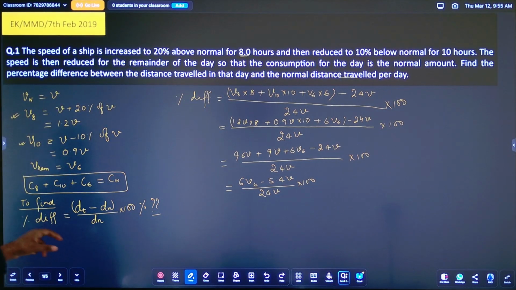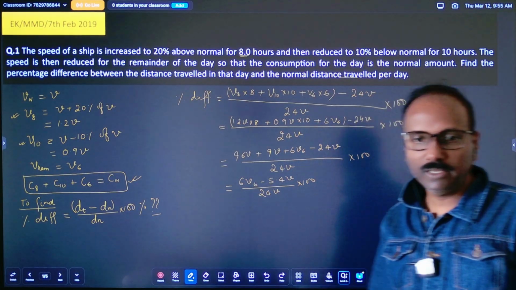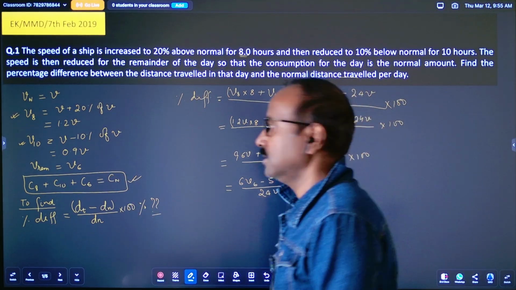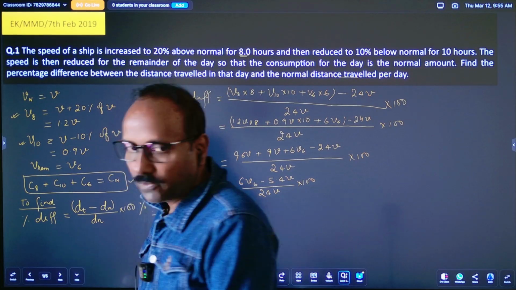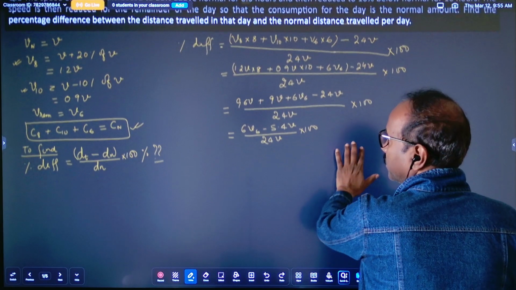Now you know that one condition is given in the question. So we will use that condition. But that will be another tool for us which we have not so far used. So let us use that